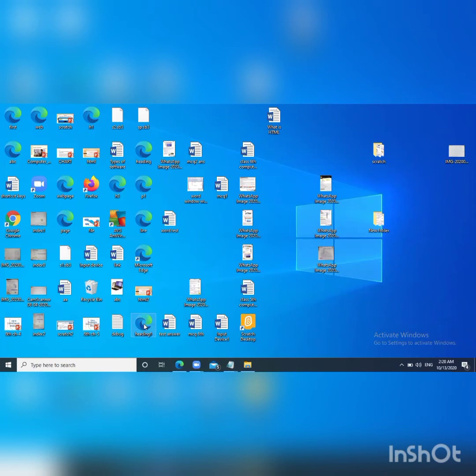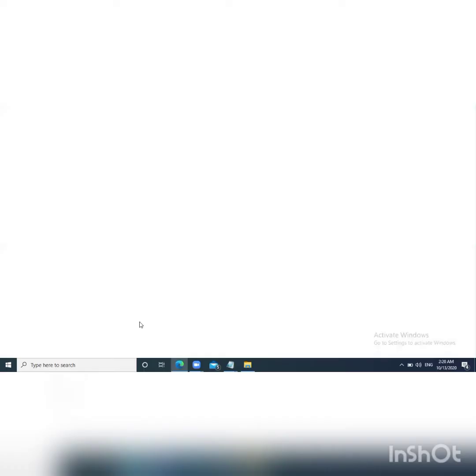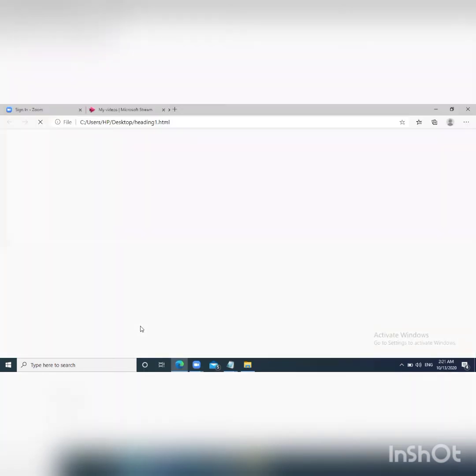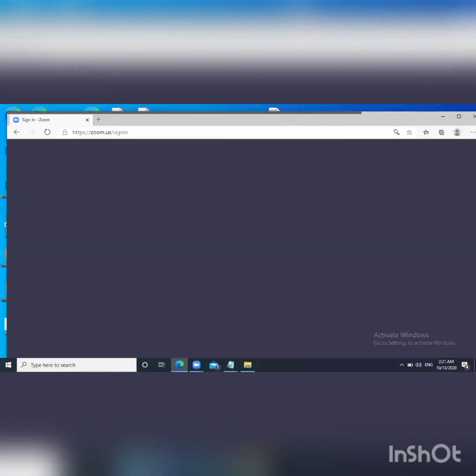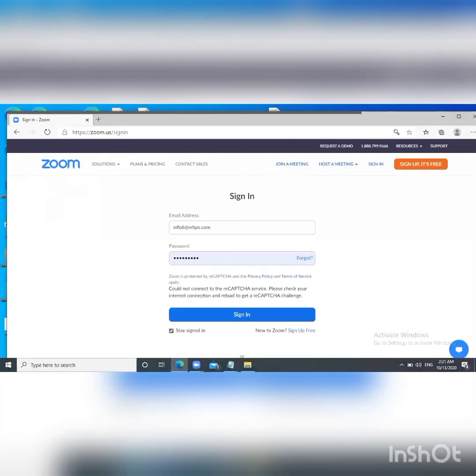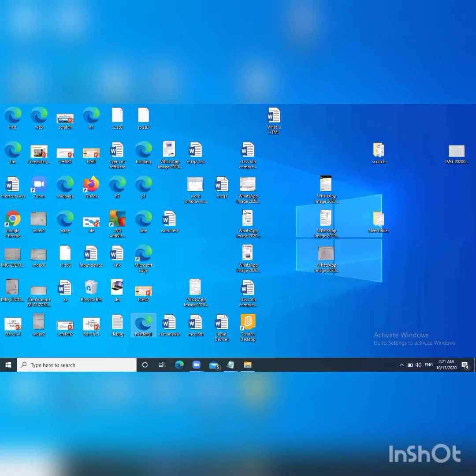When we open our web page, you will find one message displayed on the title bar, that is heading, and you can see 6 levels of heading displayed. I'm opening it again. Just double click on your file.